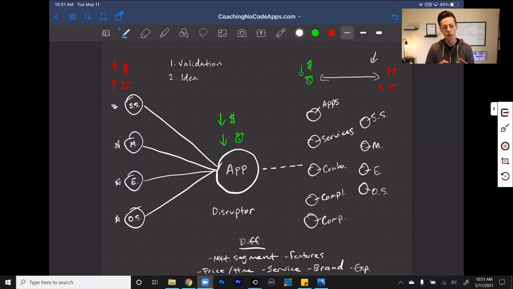So hopefully this is helpful for you. I know we've covered a lot here, but what I want you to understand is, first of all, you don't have to be a disruptor in a market in order to be successful. You just don't have to be, right? You can be very successful, for example, if you are somewhere over here, and that is okay. But if you do want to be in here and you do want to be the disruptor, it doesn't have to be as complicated as it can seem, okay?